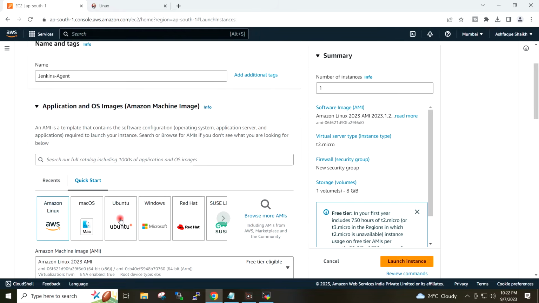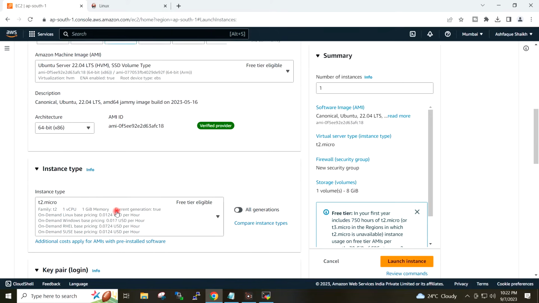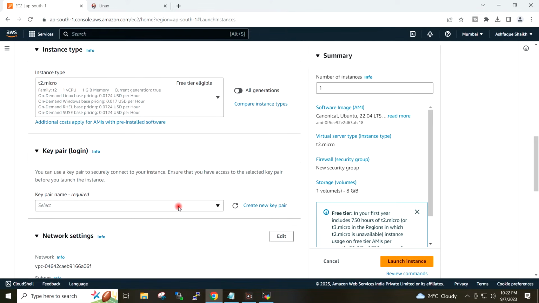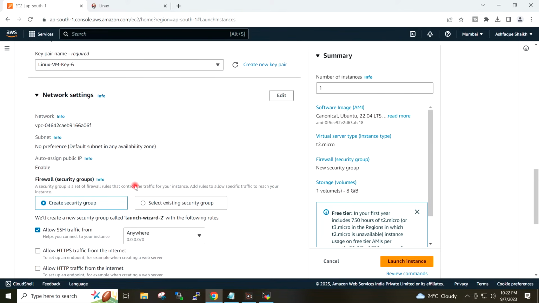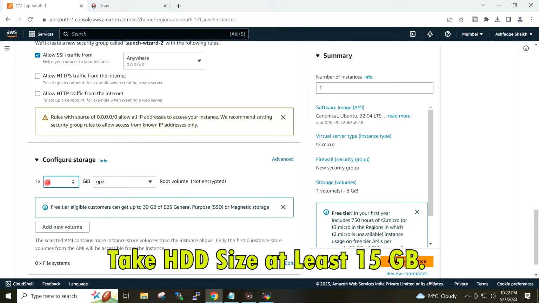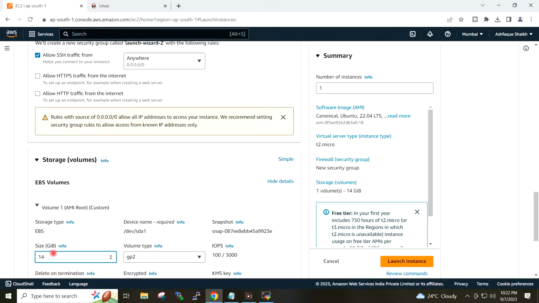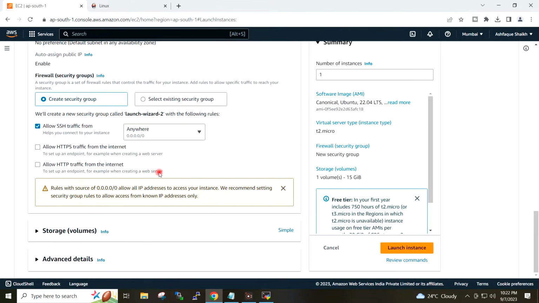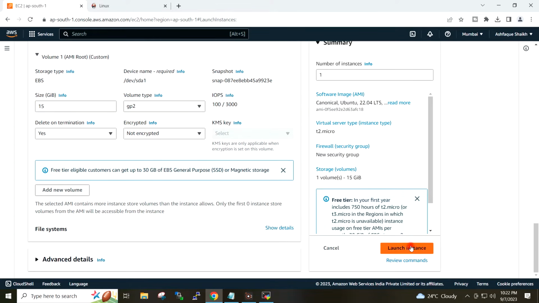I will select Ubuntu. I will select my key pair. Hard disk I will provide 15 GB. Launch instance.